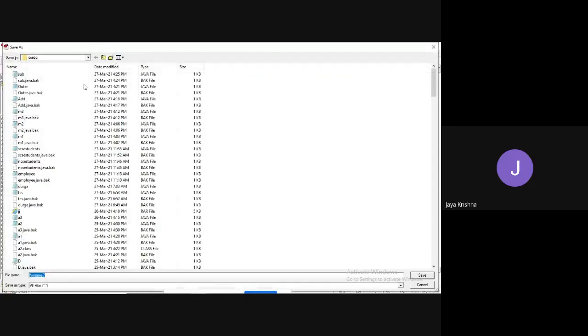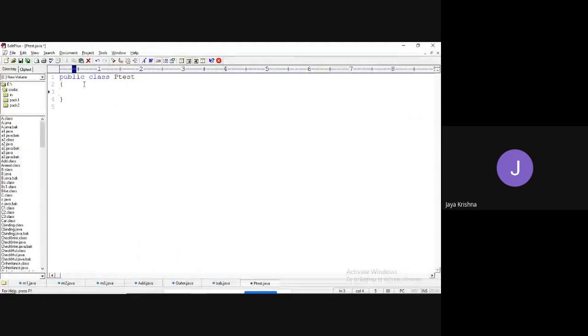So PTest.java. Okay, fine. So it needs to execute, right? It needs to communicate with all those. So I'm going to write the main method: public static void main(String[] args). I need to take input, right?